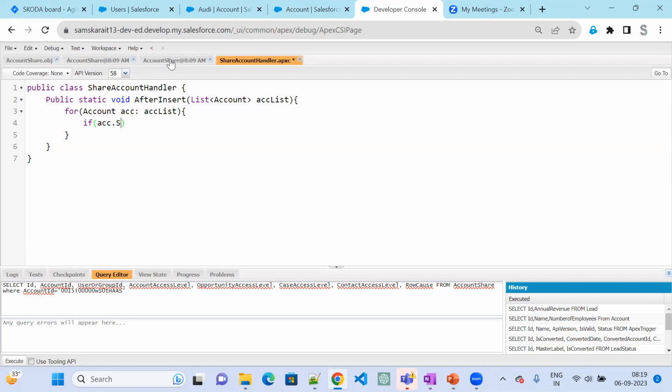Dot share to is not equal to null. If it is not equal to null, now the first thing which we want to do is create an account share. I have to create account share. So for this account share, let's say here I'm going to say account share